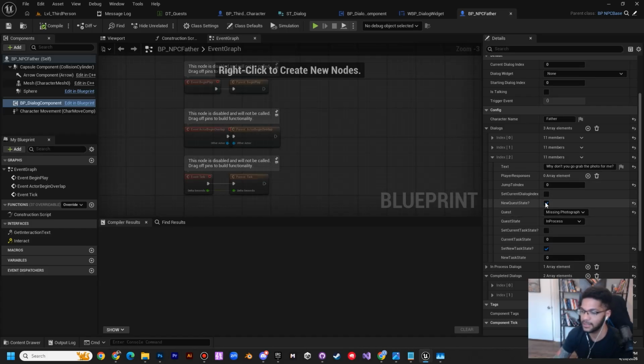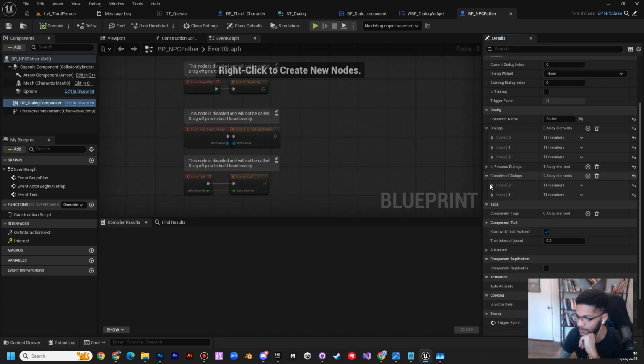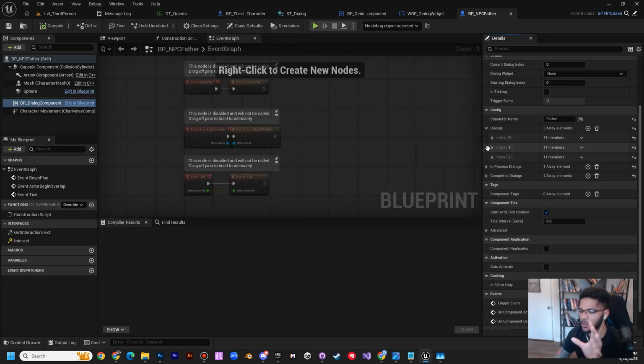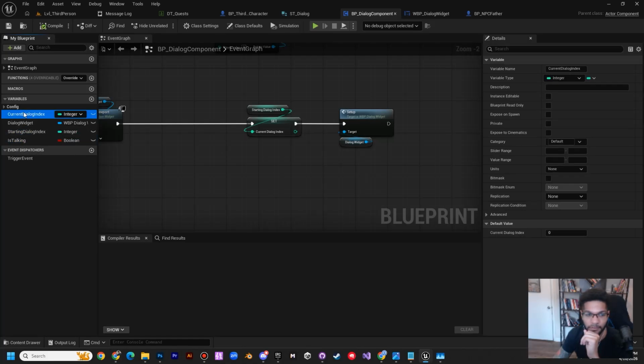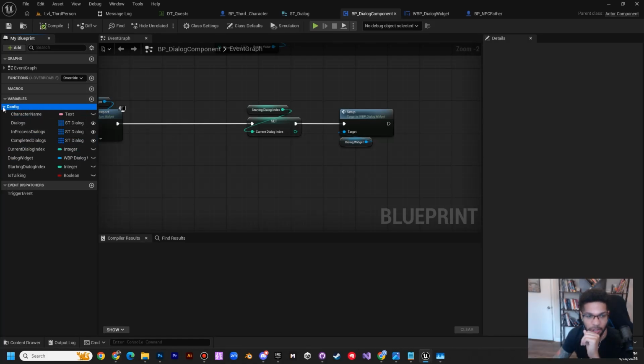The new quest state, yes. Here, looks good. And that everything looks good. Okay, so next. One more thing before we add the functionality to that is I want to add a couple more variables on the dialog component. So back to my dialog component. I'm going to add two more